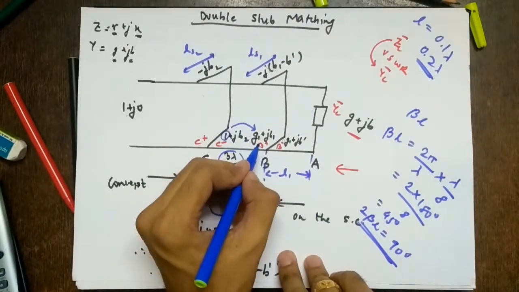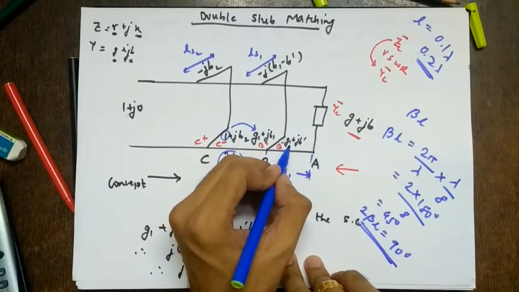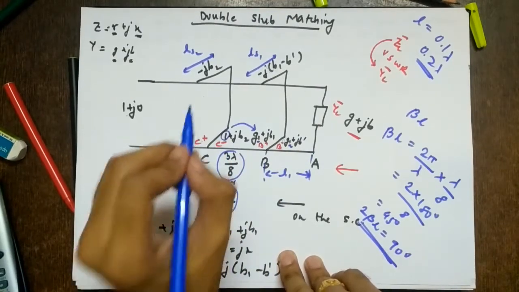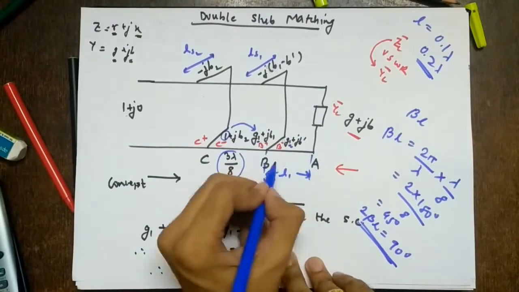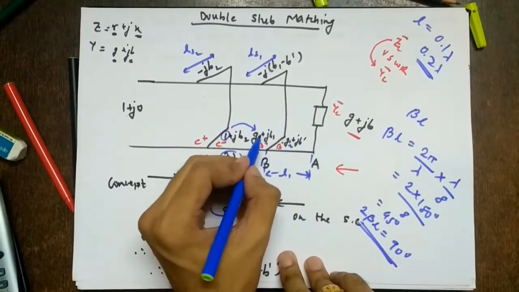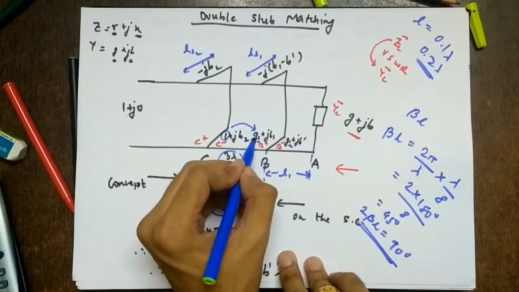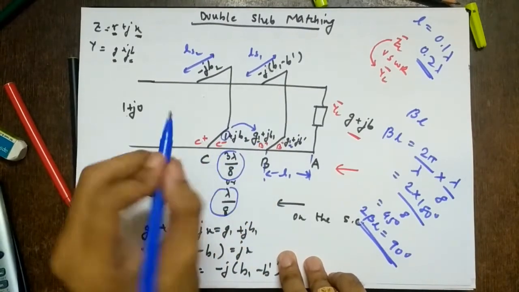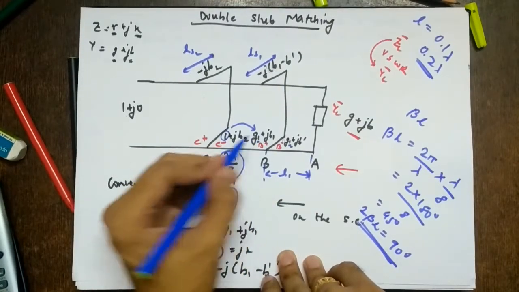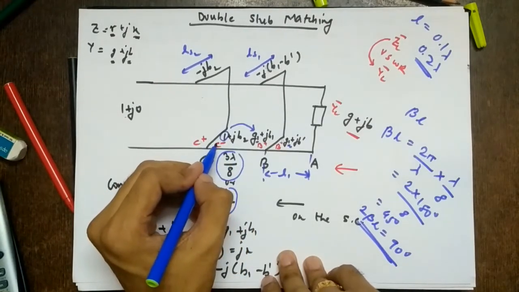So from B minus we have got B plus. How will we plot? We'll move on the constant conductance circle. Why will we move on the constant conductance circle? Because G1 is remaining as G1. Here we were moving on the VSWR circle because the impedance itself was changing. Here the entire impedance is not changing, only the conductance is changing. So we'll move on the constant conductance circle so that we encounter this rotated circle. You might not understand what I am saying, but we'll understand when we see the Smith chart. Then once you have got B plus, move a distance of lambda by 8 or 3 lambda by 8, which is given, and then you will come to C minus.